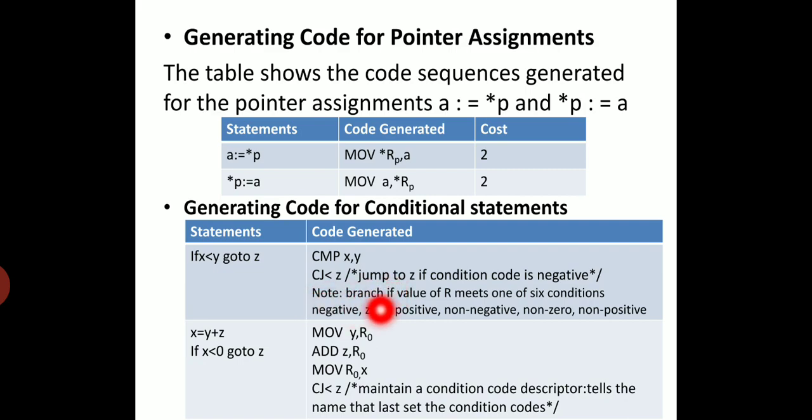The previous statement is managing x. So move R0 comma x. So the conditional jump will execute based on the value of x. That means it will maintain a condition code descriptor which tells the name that last set the condition code. Here CJ will depend upon the last condition code, that is x.